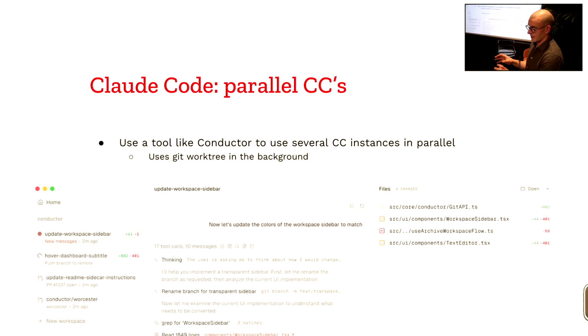So there are no clashes of file system changes. So in a sense, you can run an unlimited amount of Claude Code instances working on different issues of your project. The limit is probably how much your brain can handle, and maybe how many review changes your team can handle.